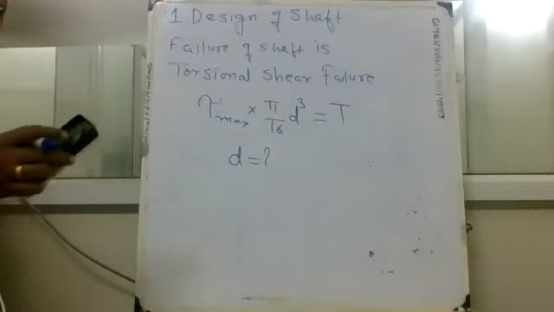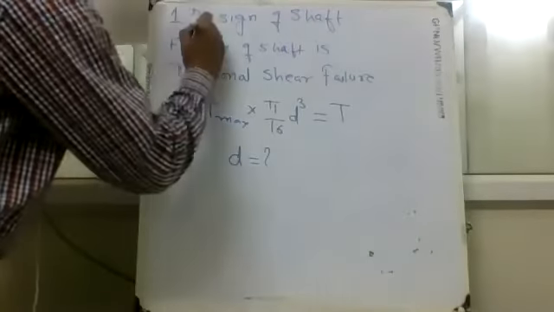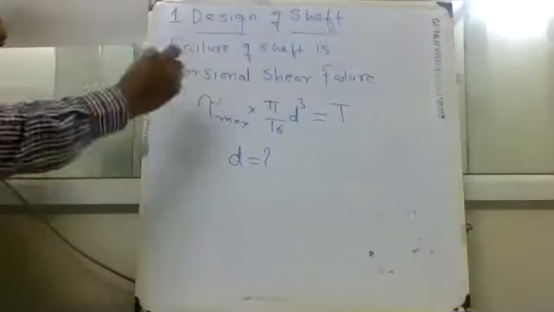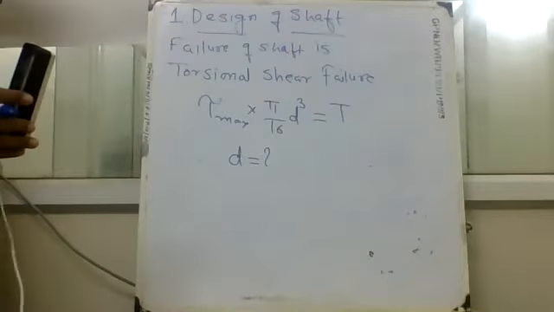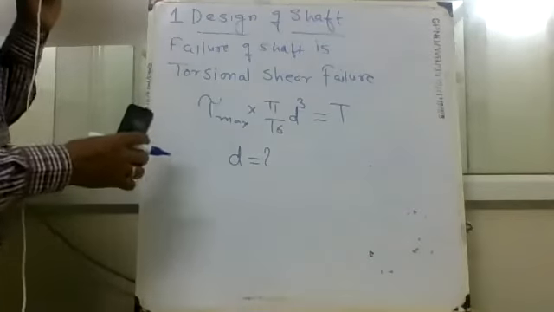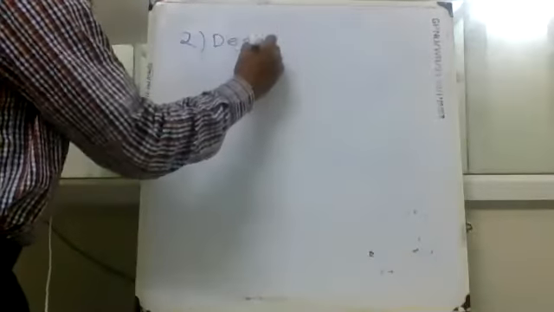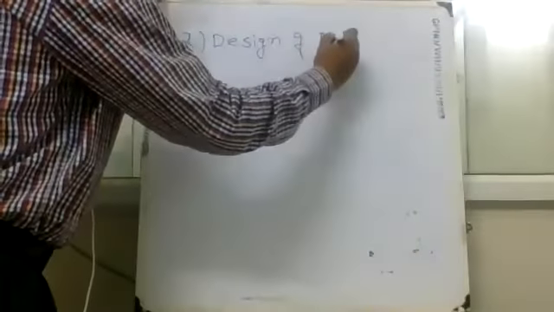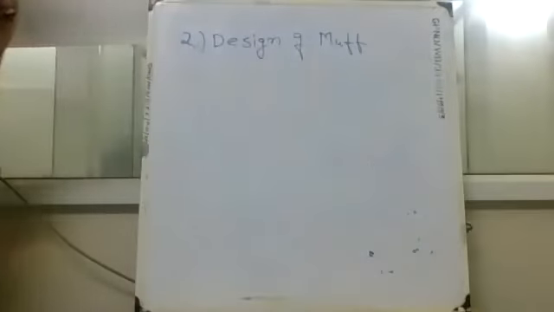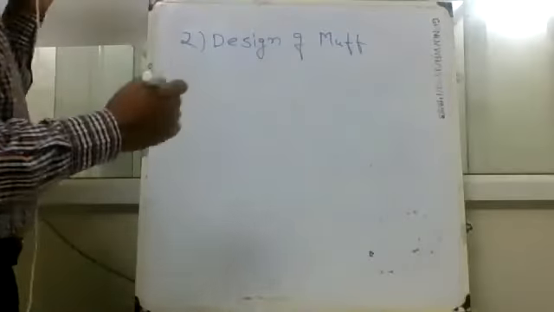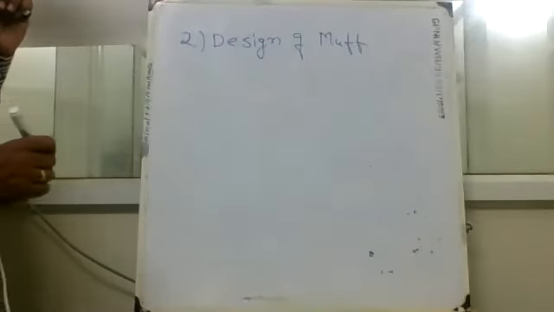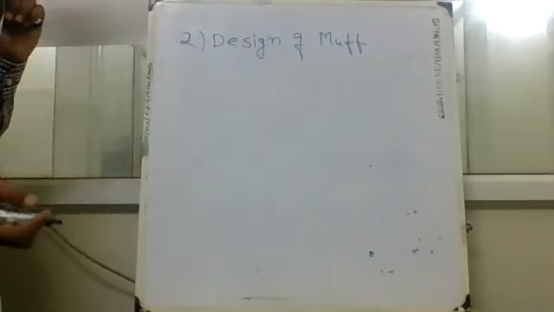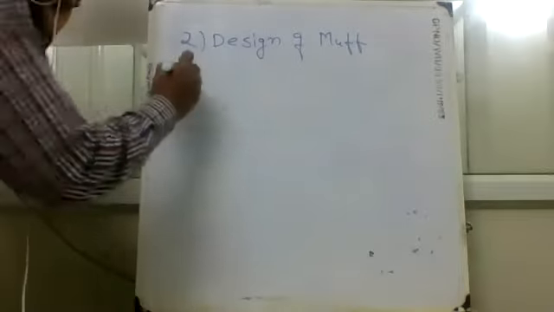So this is the first step, design of shaft. In the design of shaft, we have considered failure of the shaft in torsional shear. Now let us go for design of muff. The second step is design of muff. In this design of muff, this muff is a hollow cylindrical part which is subjected to torsional effect, twist. So that's why, by standard relationship,